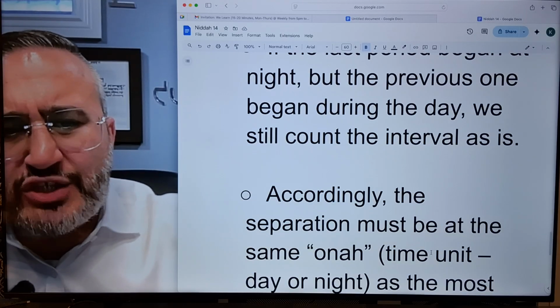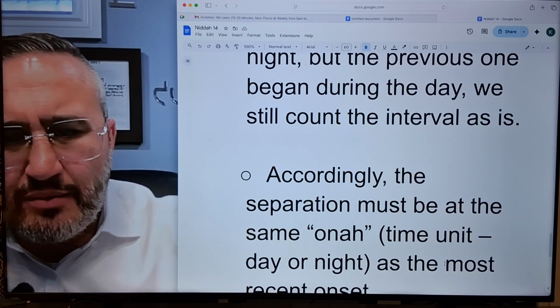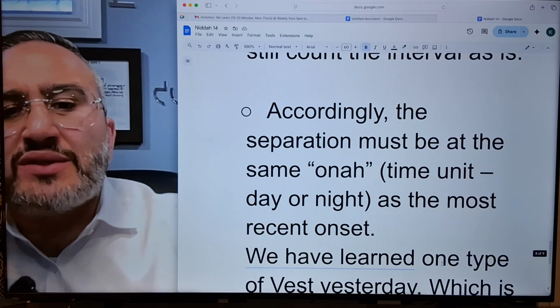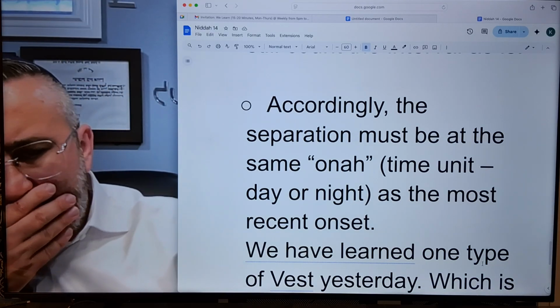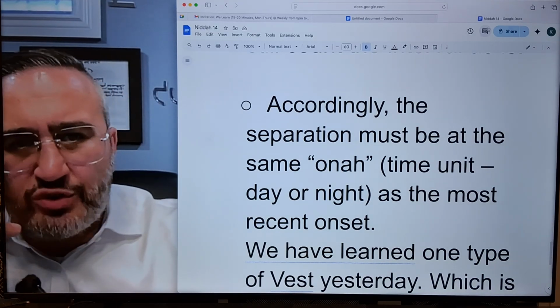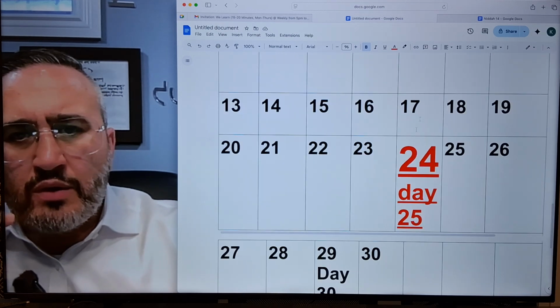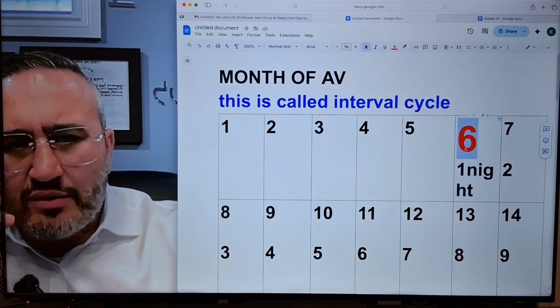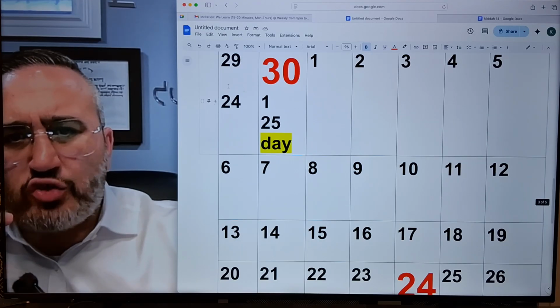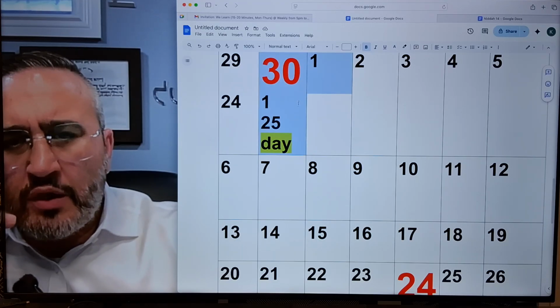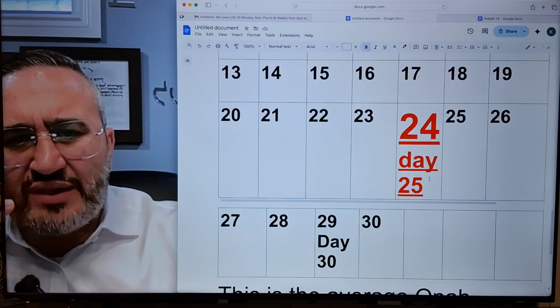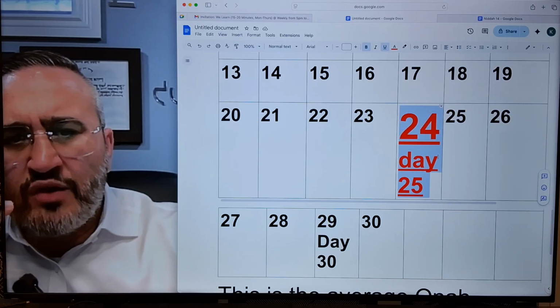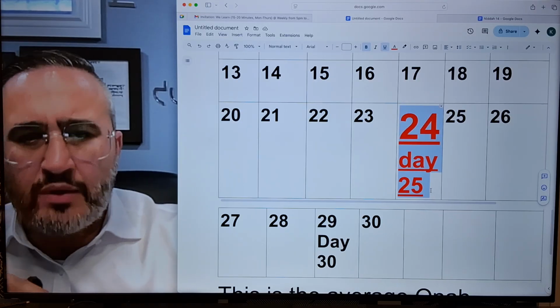Accordingly, the separation must be at the same ona as the most recent onset. So it comes out over here in our situation that if this woman saw over here during the night and over here she saw during the day, we're going to tell you on the 25th of the day, you're going to separate from her during the day. Now,